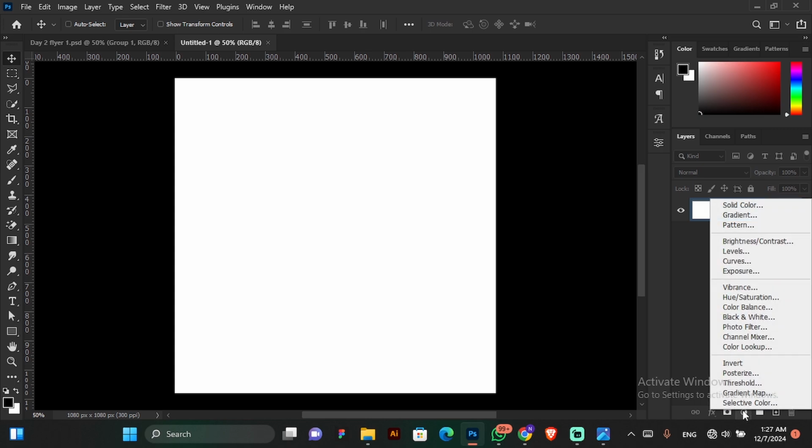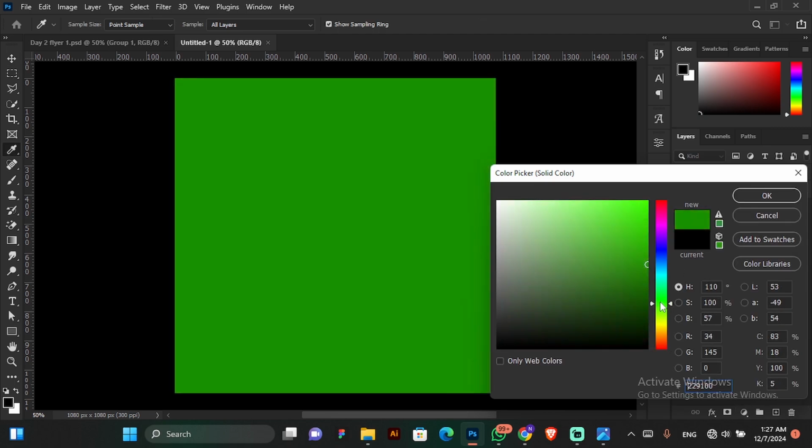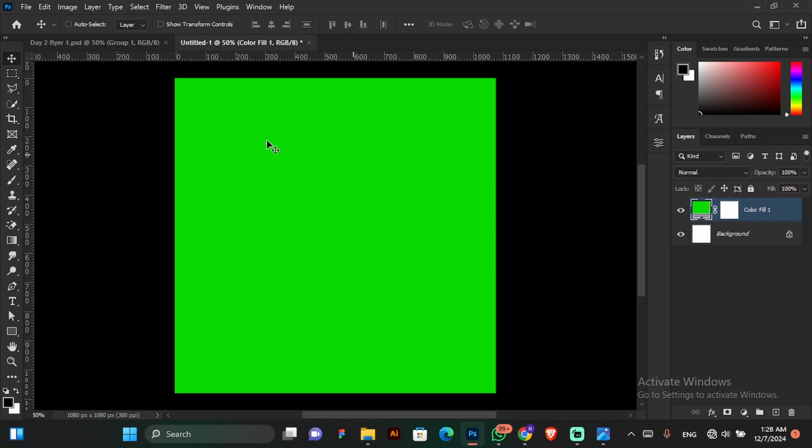So to start, I am actually going to go back to how we created the first background. So I'm just going to click on my adjustment layer, and then I'll press solid color, and I will then choose a color like this. So we are going to move to the greens. You have to be very careful with the colors that you choose. So I'm going to choose a color like this,